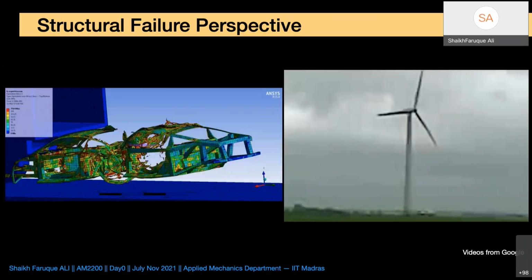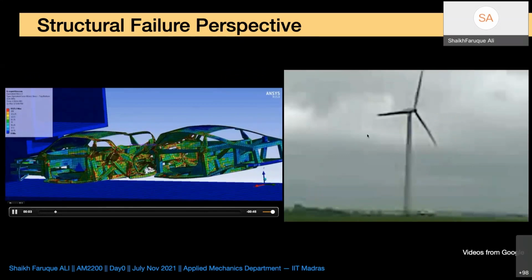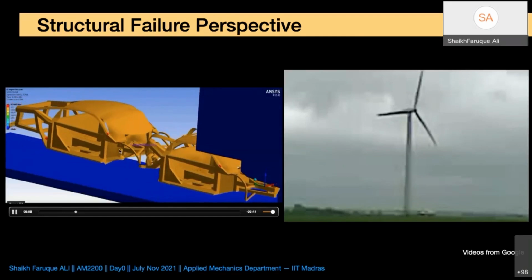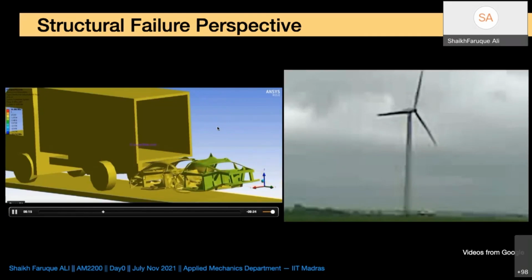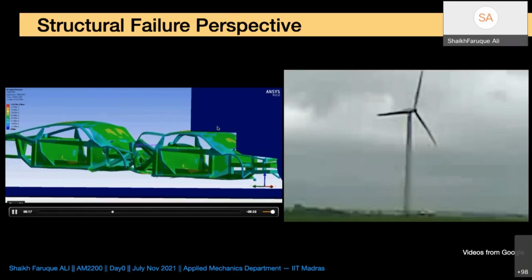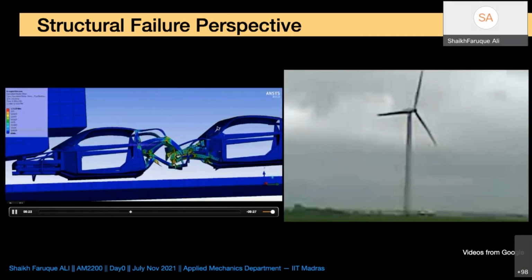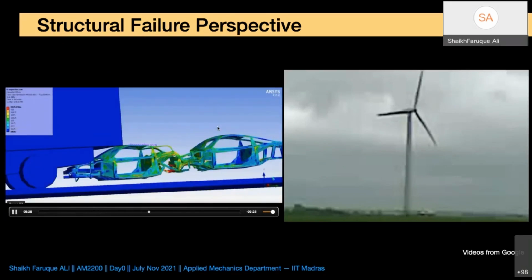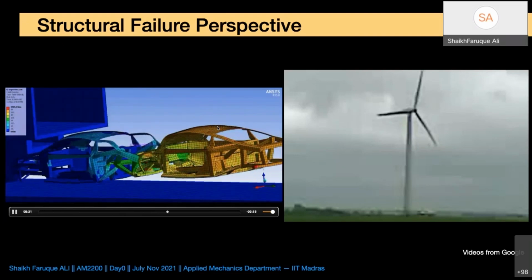An example: you can see a car crash. I have taken it from the internet. You see a lot of red dots, right? These are all stress analysis pictures. If you want to do this kind of analysis, you have to understand the mechanics related to it. Why certain parts break, why certain parts fail or buckle or become unstable, and why certain other parts do not do that, right? All these are part of the understanding of mechanics, and you will do that as part of this course.